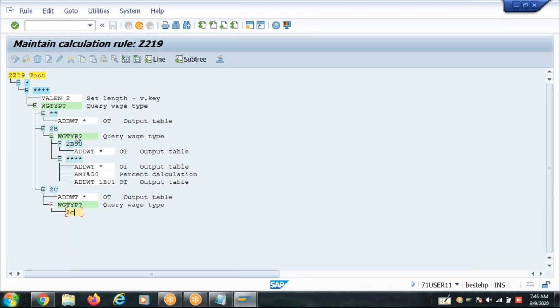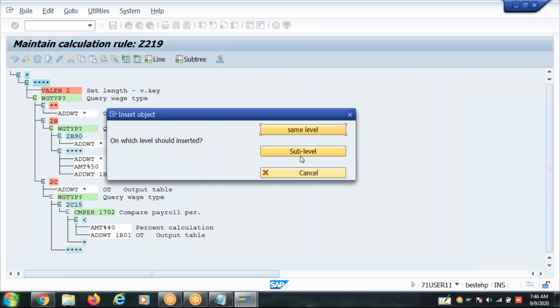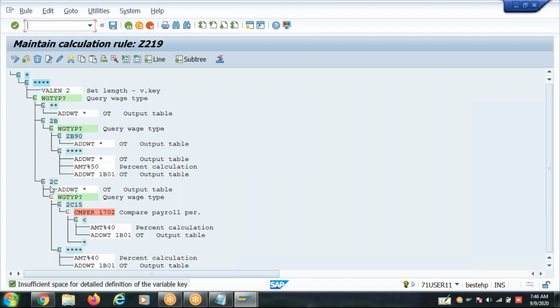Exception? Okay. Clear. Look at this. If it is 2C, it comes here.